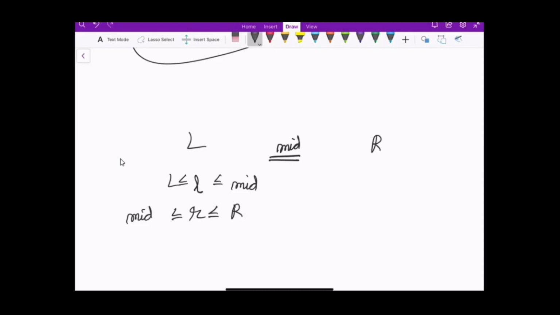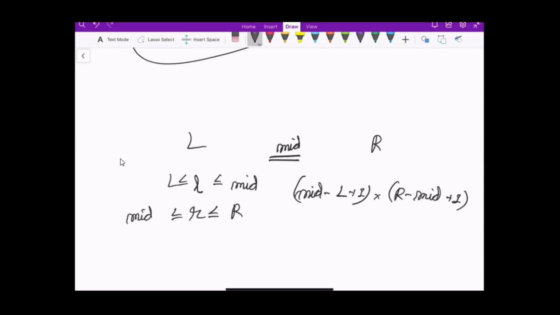So now I need to find the sum of all the subarrays. There will be (mid - L + 1) * (R - mid + 1) subarrays which contain the element mid, where the left pointers are between L and mid, and the right pointer is between mid and R. I need to find the sum of all the subarrays, but I have to take the ceil of the sum as well.